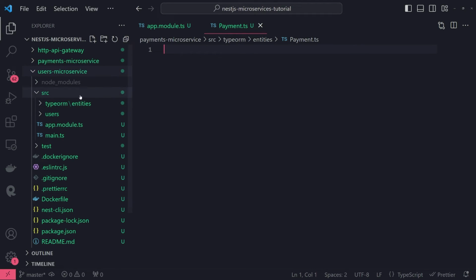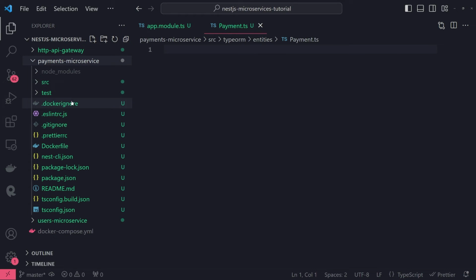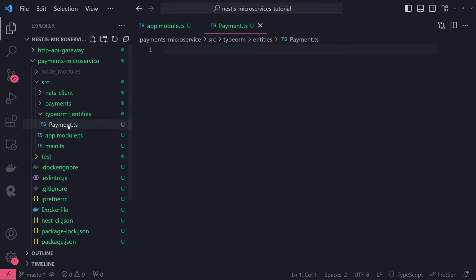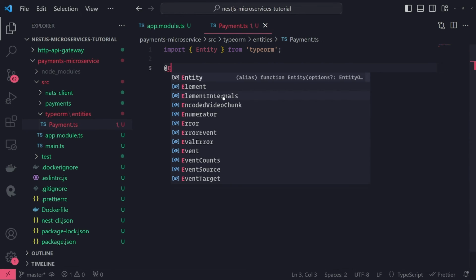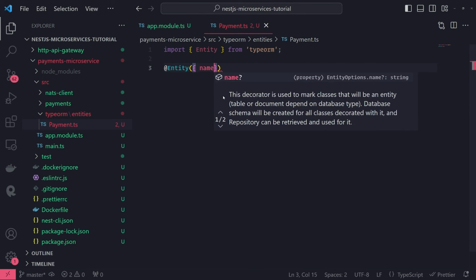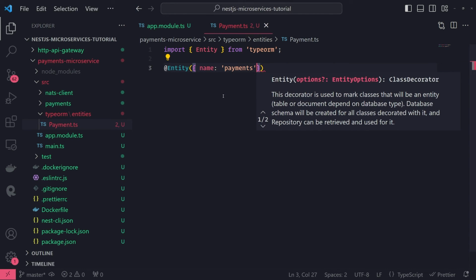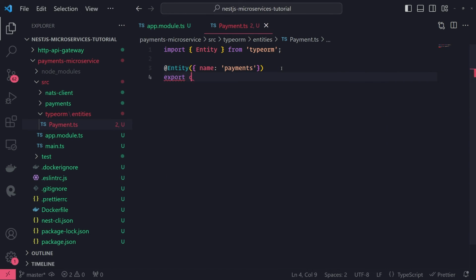So that way you don't have to keep creating them over and over again. So let's go ahead and create that payment entity right now. We need to import that entity decorator first, so let me import that from the TypeORM package. At entity, I'm going to name this table payments, and then let's create the class, call it Payment, and